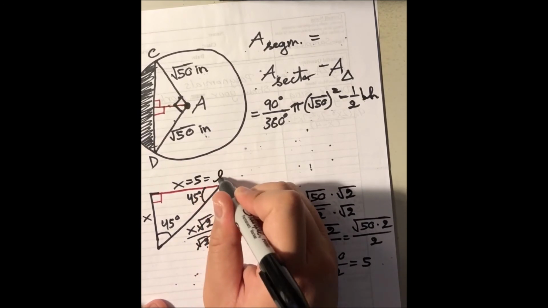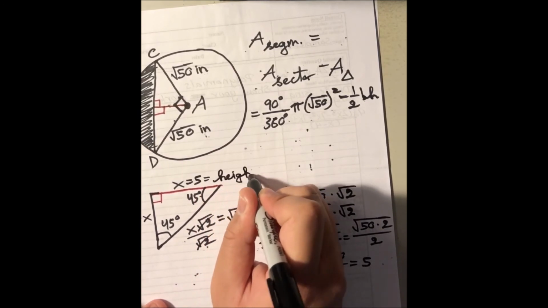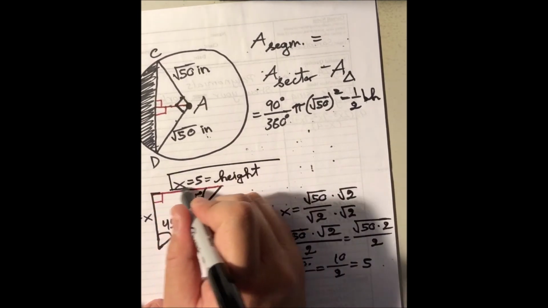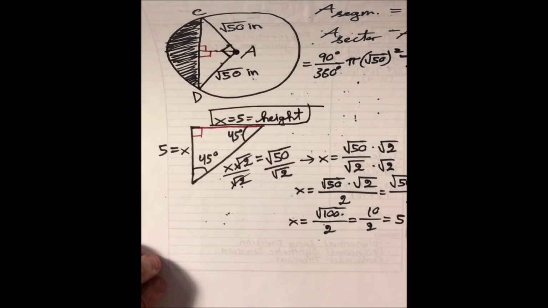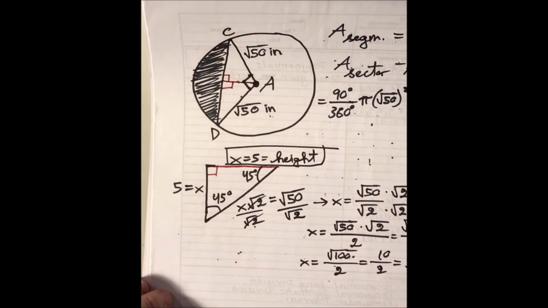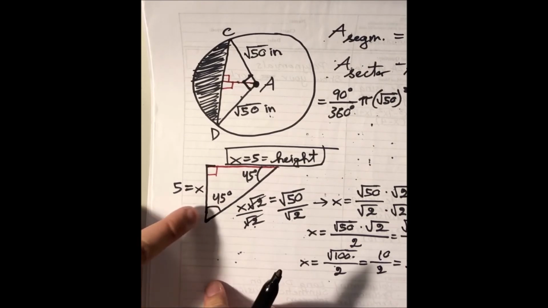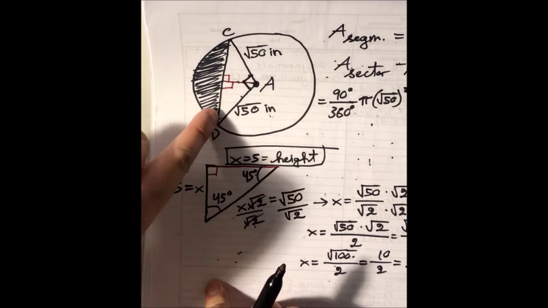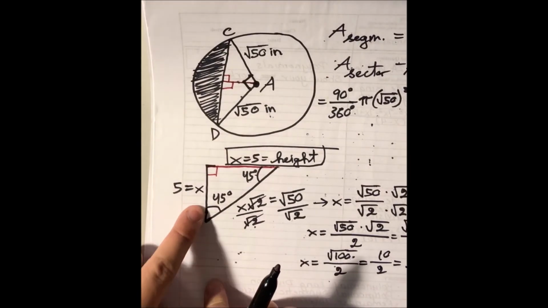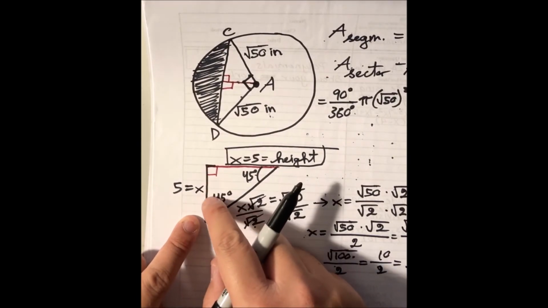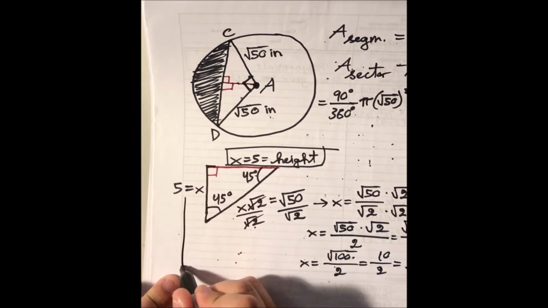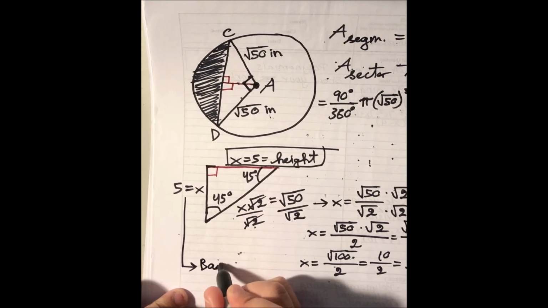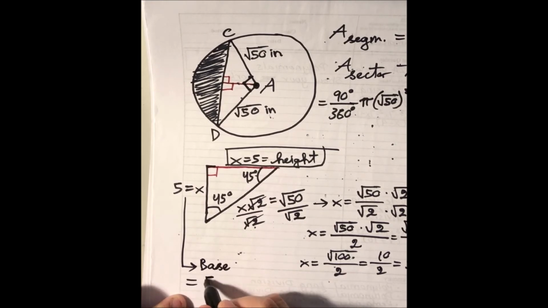This right here is equal to the height of the triangle. So 5 inches is the height of the entire triangle. Now, what about the base of the triangle? Well, this right here is only half of the base of the entire triangle. So since half of the entire base is 5, then the entire base is going to be this half multiplied by 2. So that means the base of the triangle is equal to 5 times 2, which is equal to 10